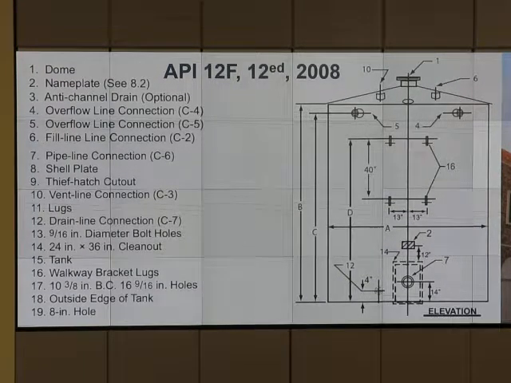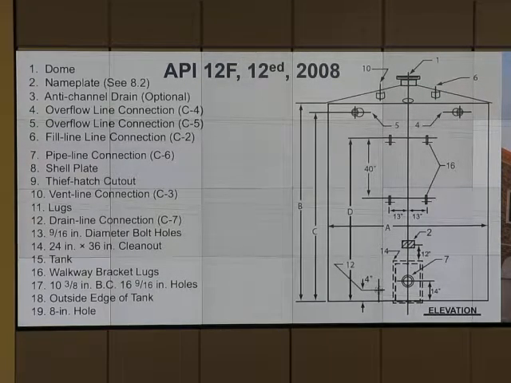This is a tank, API 12F. It looks like this. At the bottom, it has a manway to go in, right? That's the square thing. We have a top part, and some parts to connect with the stair. That's number 16, walkway bracket lugs. So that part, 16, is for the stair. Number 5, number 4, overflow line connection. So each tank connects to another one. When one tank fills, it goes to another tank, and to another tank. Good. And you put them together in a certain containment.